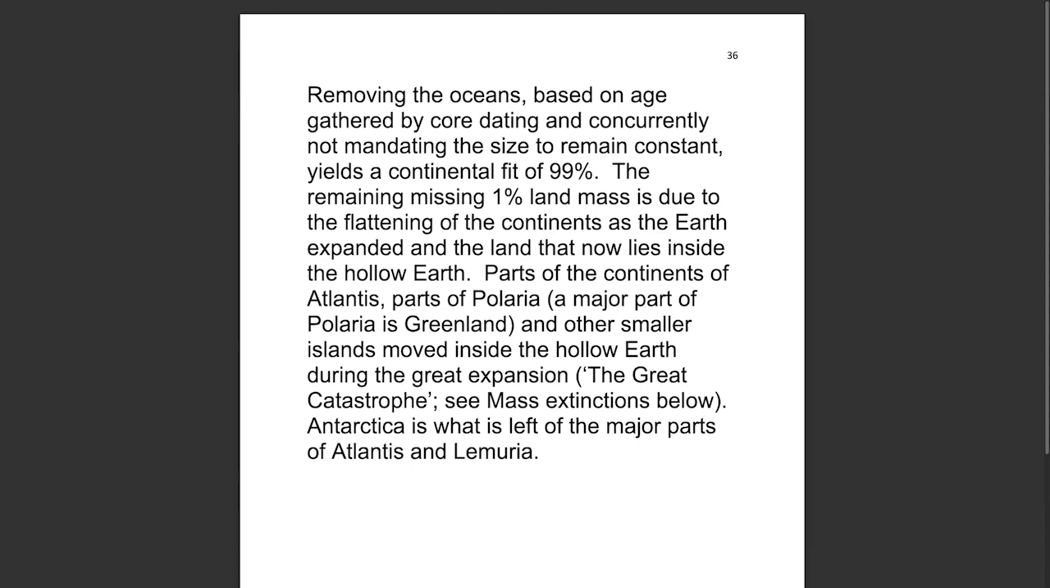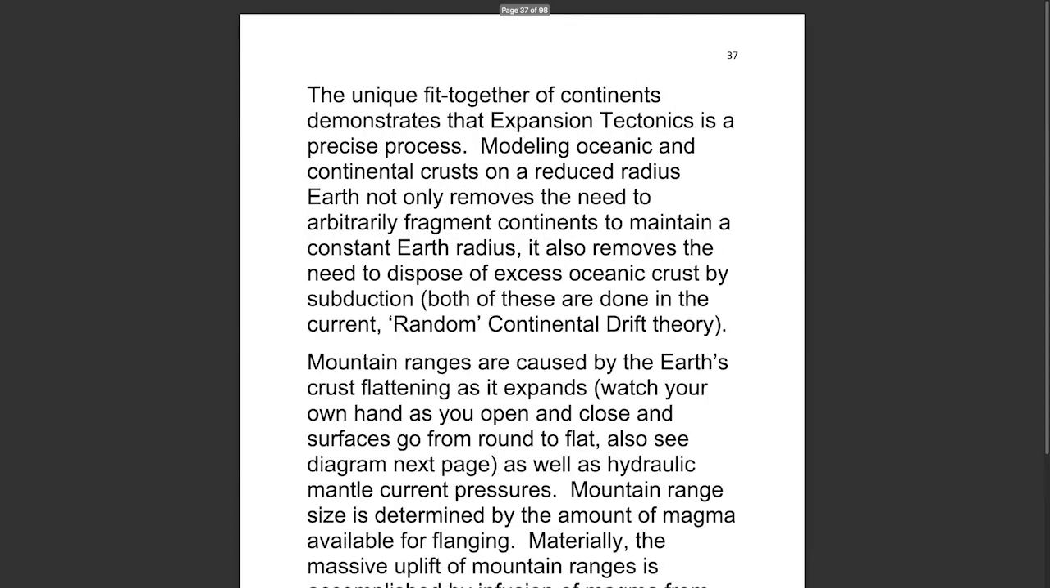Antarctica is what is left, along with major overall parts of Atlantis and Lemuria that are left of Lemuria. A large part of Lemuria was completely destroyed during the Great Catastrophe. The unique fit together of continents demonstrates that expansion tectonics is a precise process, modeling oceanic and continental crust